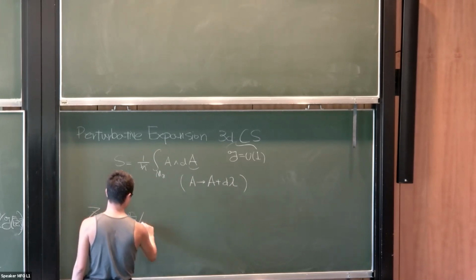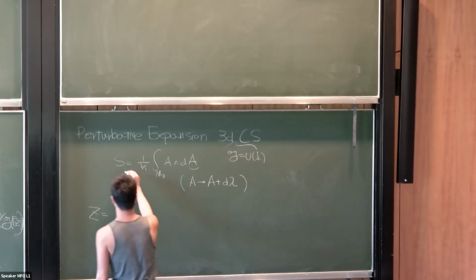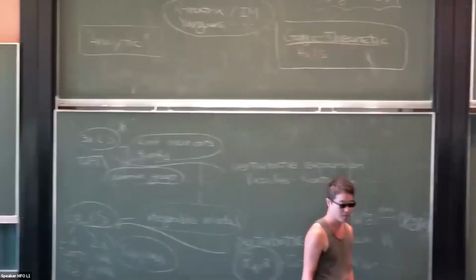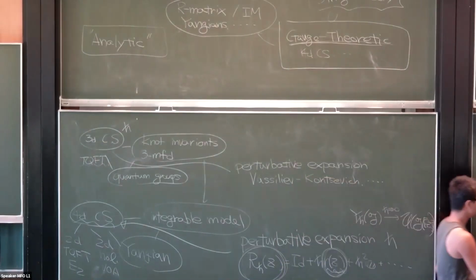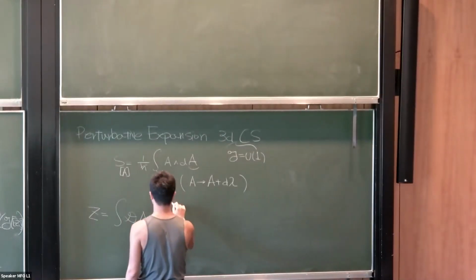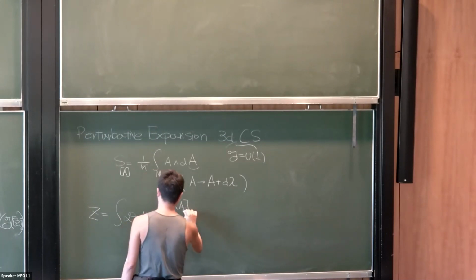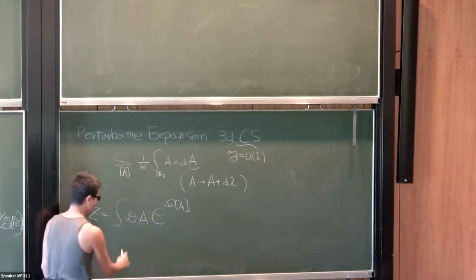So this A is the gauge field, and this is the Lagrangian. It's a function now of this one form field, and this is the exponential of, well, it depends on whether Euclidean or not. There is i, etc. But let's do this, and this is the infamous path integral.